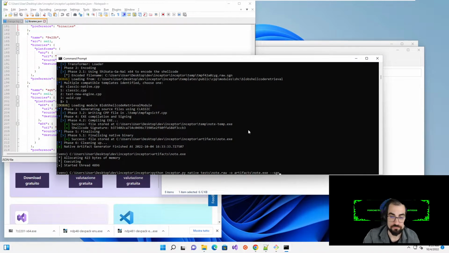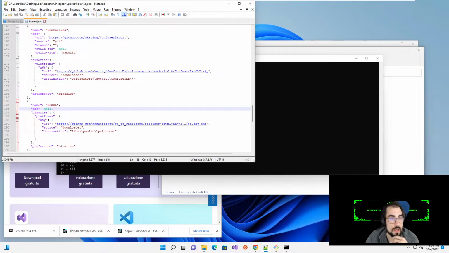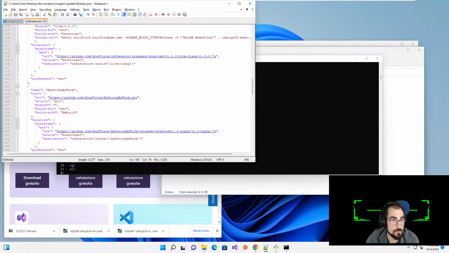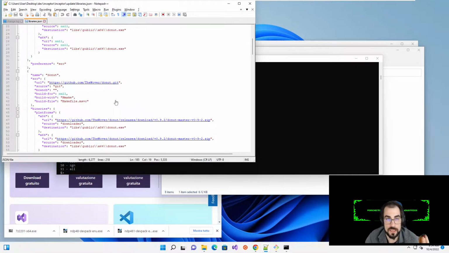Now, in updates, there are also some issues, of course. So let's see an example of an issue. Of course you can choose. Sometimes you need to update and build, and you can find this here. The information is here. Practically this libraries JSON is a file that describes the behavior of the tool